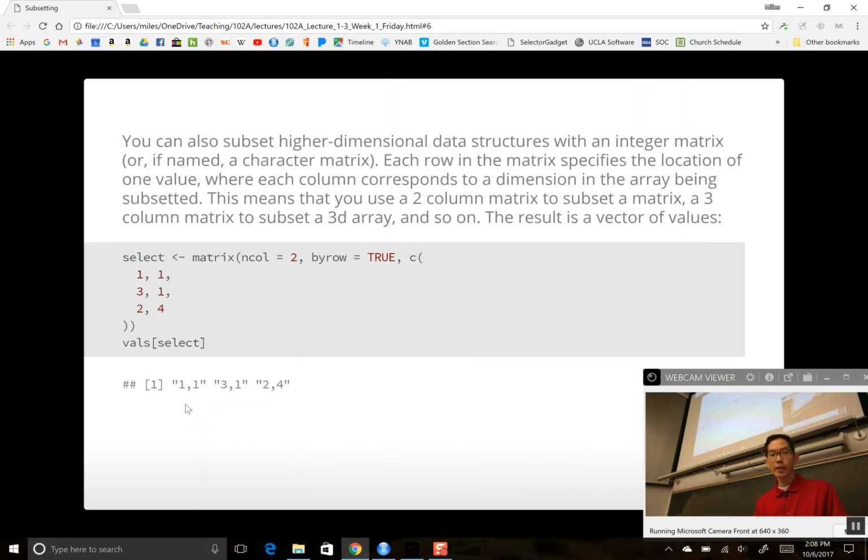Okay, and then lastly, we can subset a higher dimensional data structure with an integer matrix, or if named, a character matrix. Each row in the matrix specifies the location of one value, and each column corresponds to a dimension in the array being subsetted. So you can use a 2-column matrix to subset a matrix of 2 dimensions, or a 3-column matrix to subset an array of 3 dimensions. Okay, so for example,